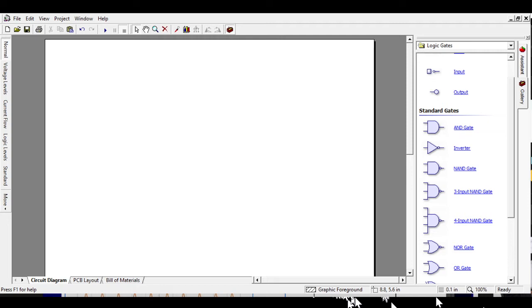So first we will take a NAND gate to make NOT gate. We need an input and an output. So since NOT has one input and one output, we only need one input and one output. We will connect it like this, and we will connect it to the final output.